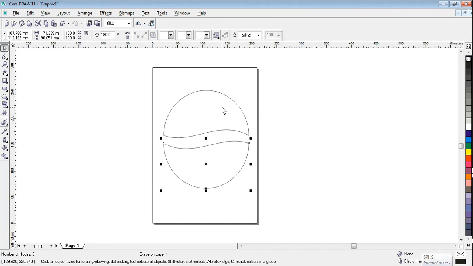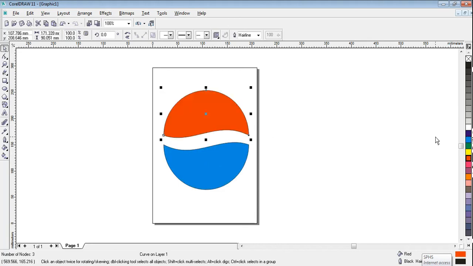Okay, once your shape is ready, what we need to do is give the color. Okay, how to give color? Just select one of the shapes. Okay, this bottom shape is selected. Now I'm giving whichever color we want. Okay, and the top color is red. Fine. Once the shape is ready, of course I need to change the border line also.